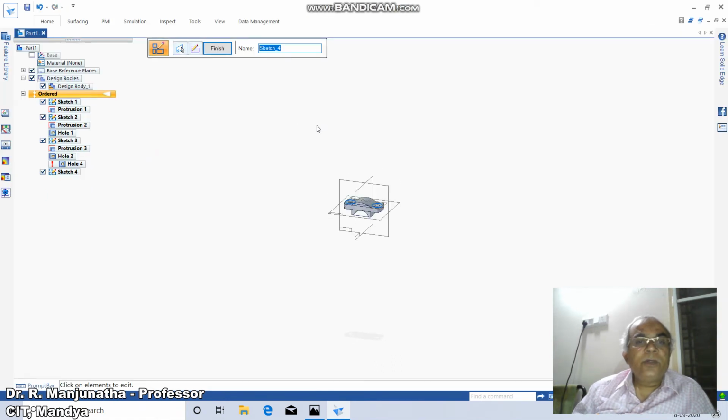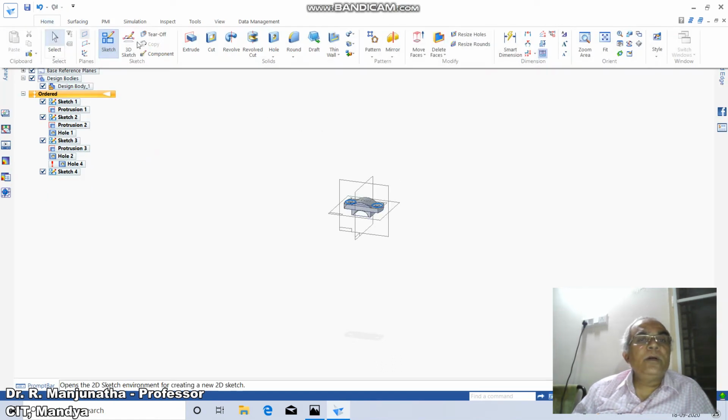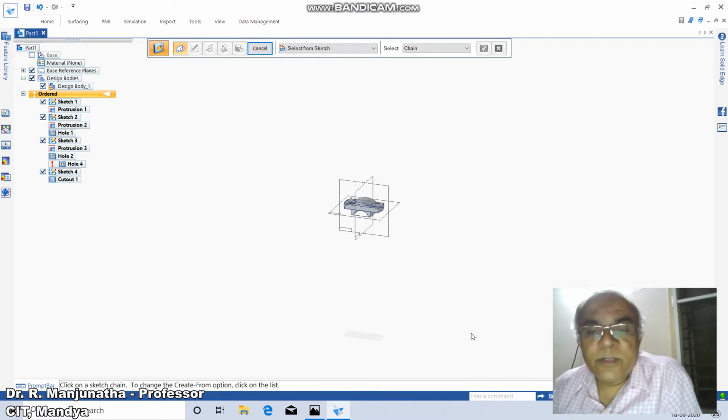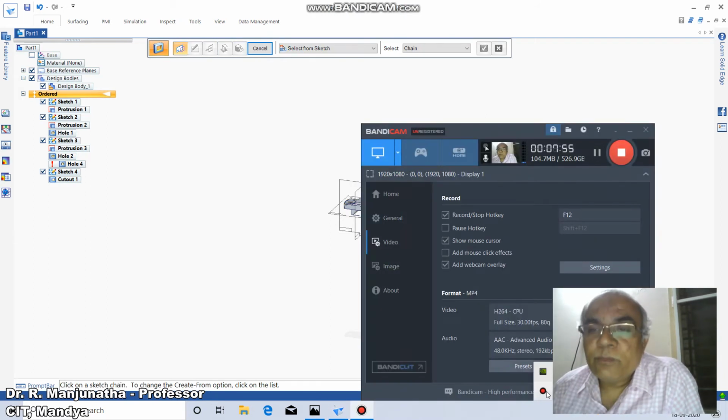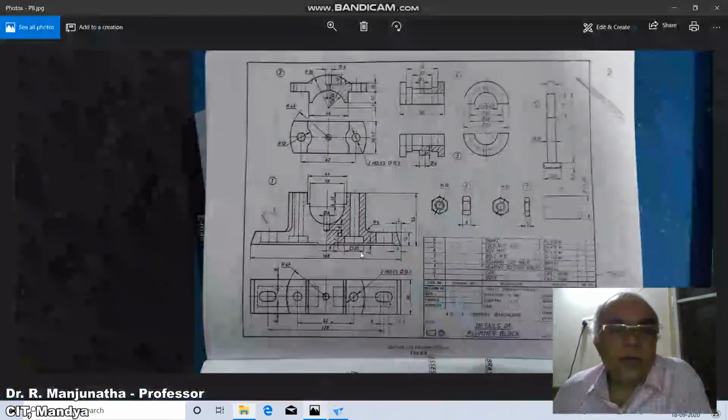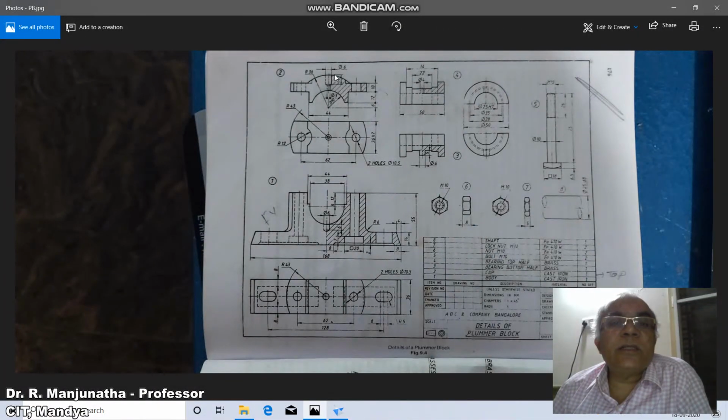Now click on Home, click on Cut, click on this surface, also on this surface, accept and remove it. So it will be able to remove this entire portion. Now the left out portion is only the smaller one, wherein we need to create this diameter 6 and 10 and 3.